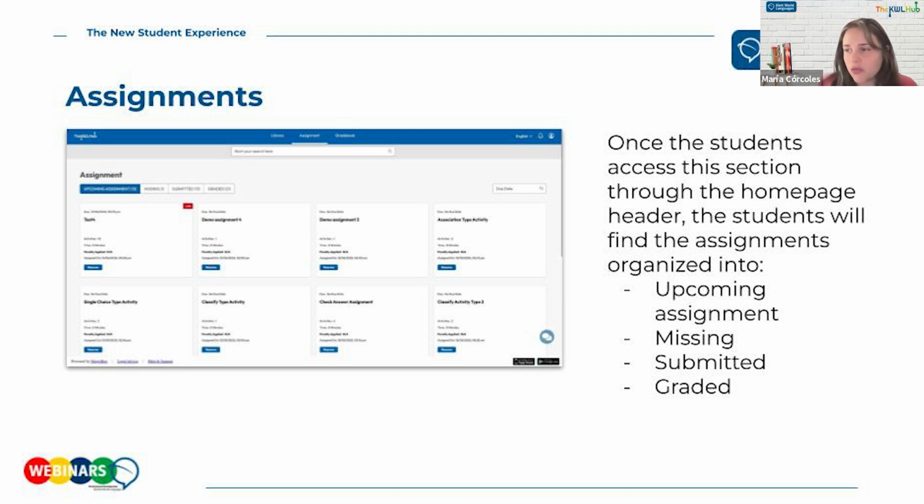Now, in the submitted section, which is the third one, your students will see all those assignments that include activities that are teacher graded. Most of the activities are auto-graded, so that means you don't have to assess or grade any of the activities. But if you assign an assignment that includes an audio recording or a little essay, and you need to grade that activity within the assignment, the whole assignment will appear in the submitted section. And it will only go to the graded section once you have graded that activity